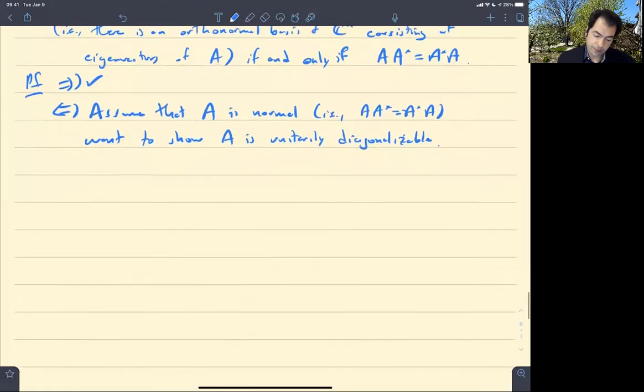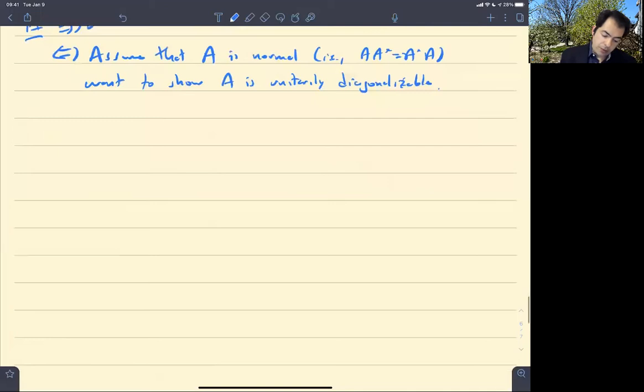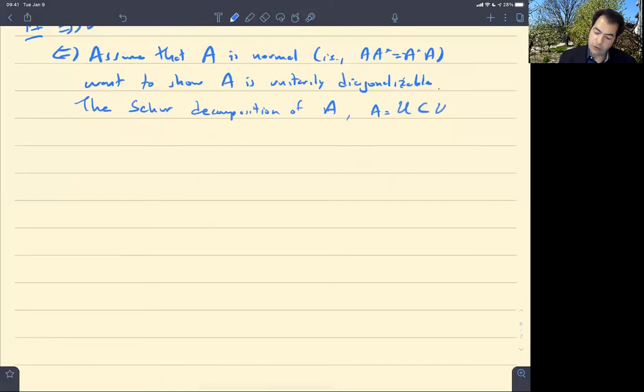Okay, great. So the Schur decomposition of A, say A is equal to U, C, U star,